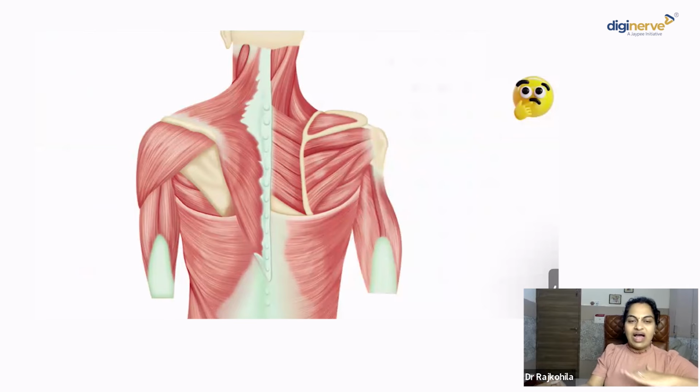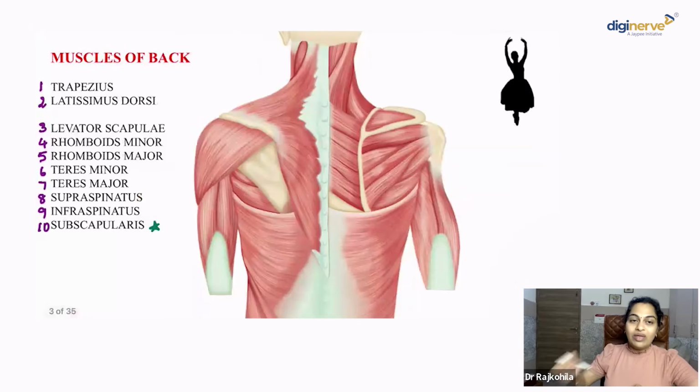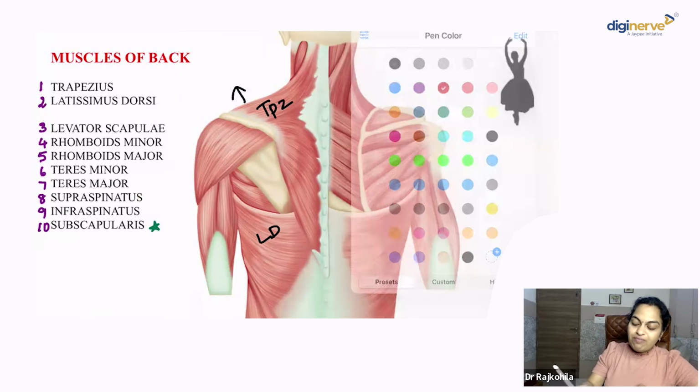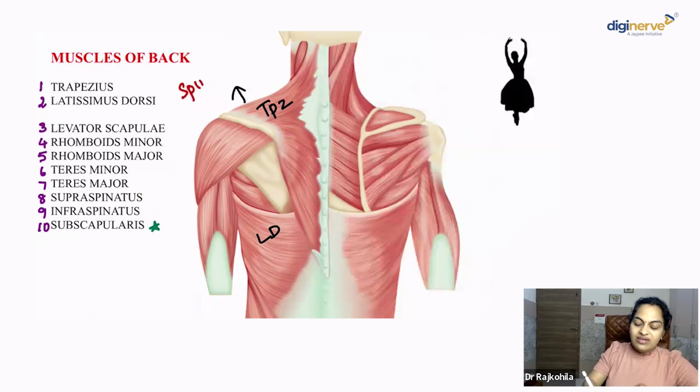The flat muscles that you see in the superficial layer over the back, this is going to be the trapezius and this is the latissimus dorsi. So once you're able to identify the muscle, come on, give me its nerve supply. The trapezius is going to be innervated by, yes, the spinal accessory nerve. There's one more muscle innervated by the spinal accessory nerve.